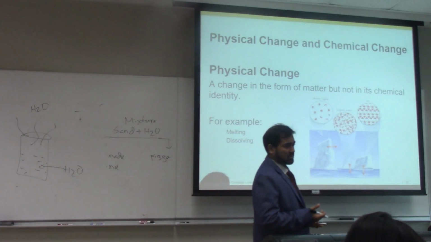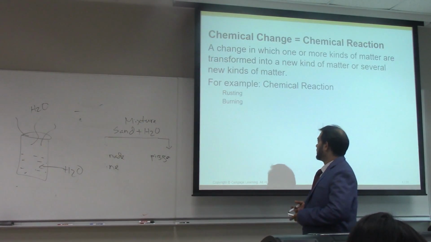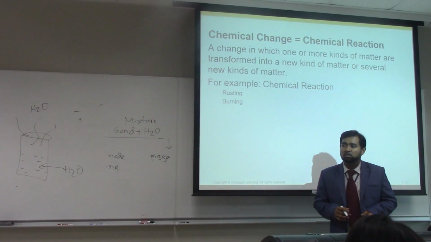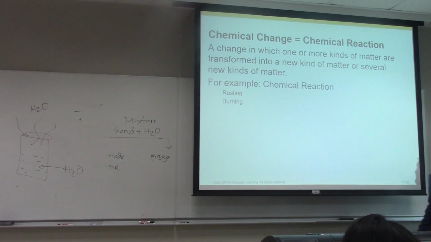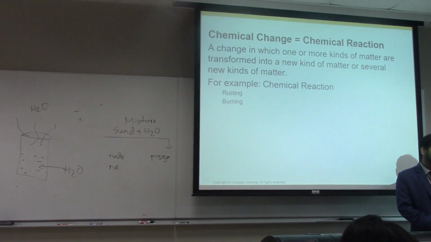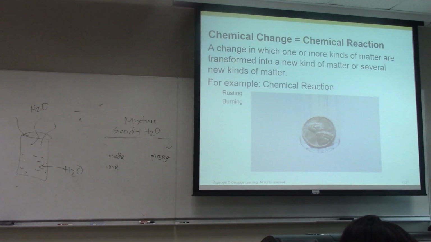That's called physical change. What is chemical change? Chemical change is the one where it's changing its composition and it's transforming to a new kind of matter. This is called chemical change. For instance,